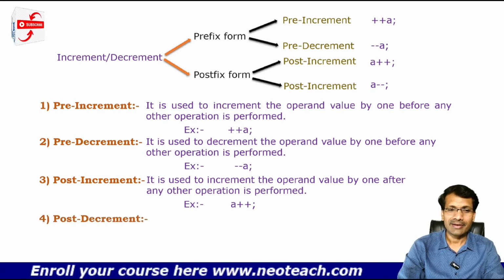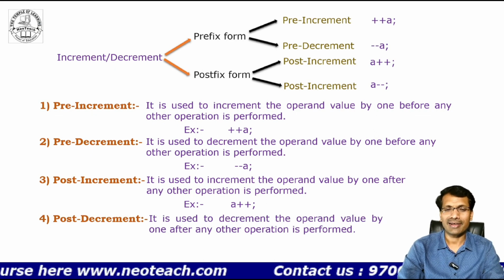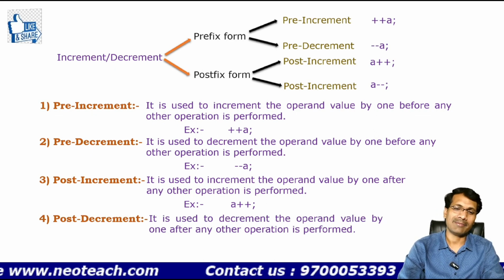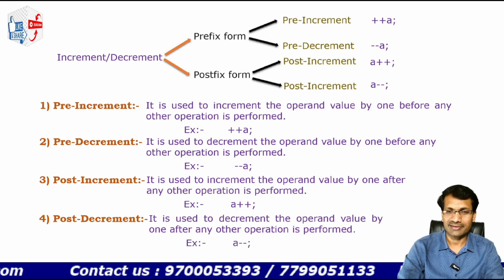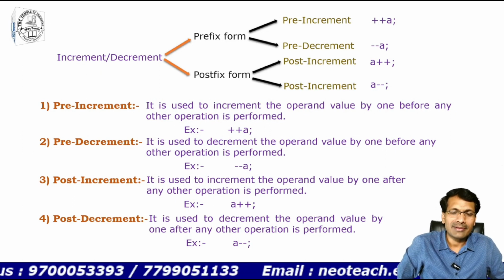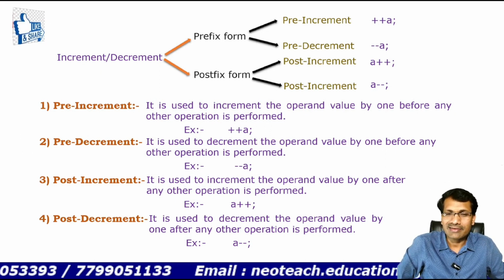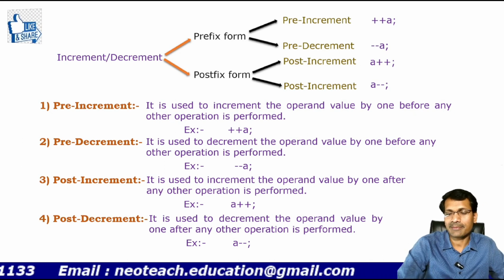In the same way, post decrement is used to decrement the operand value by 1 after any other operation is performed, like a decrementation. For all these four we will take the same example, consider two operators using two operands, and compare them, so we will remember them very